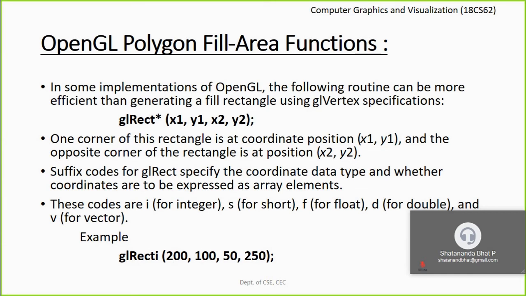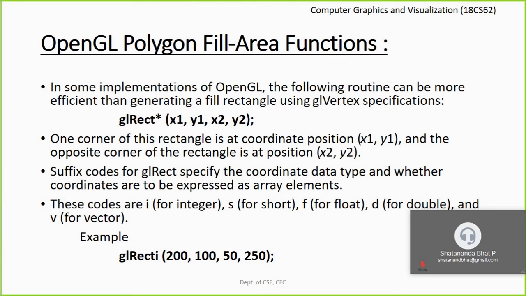We need to specify 2 coordinate values, one for the top left corner and one for the bottom right corner. You just specify these 2 points to generate a rectangle. We did not specify 4 points. As we all are aware, to draw a rectangle, we need a minimum of 4 points, right? We did not specify the 4 coordinate positions.